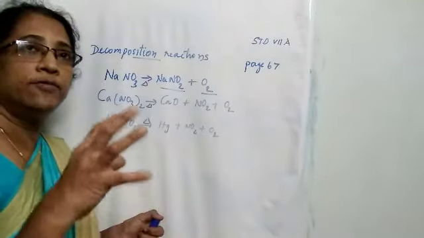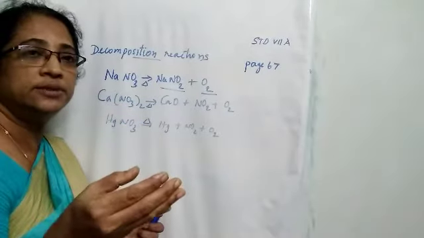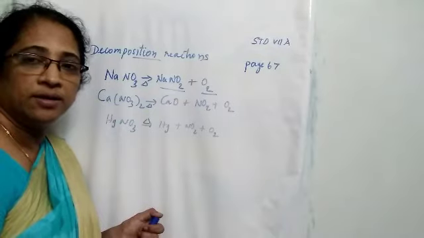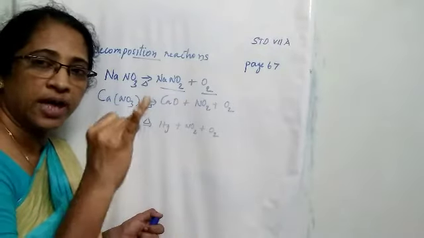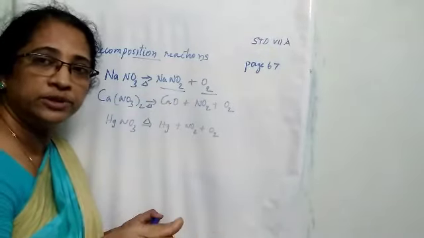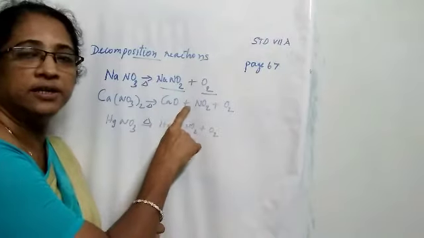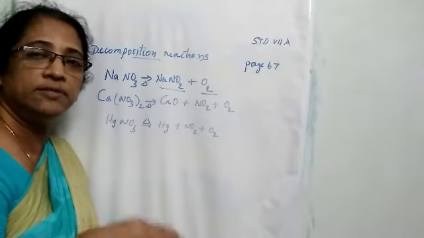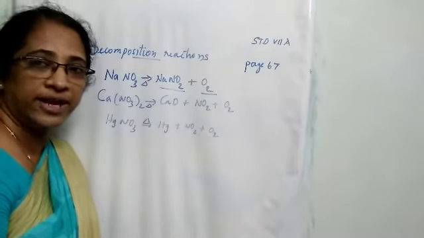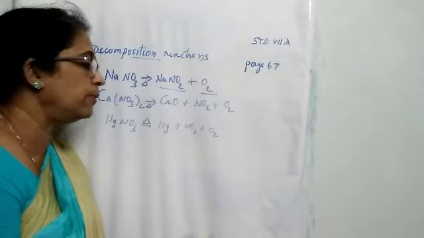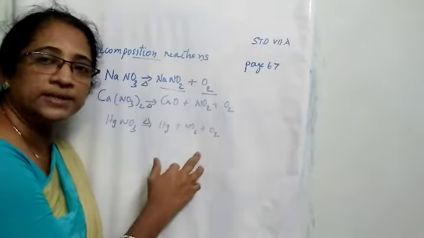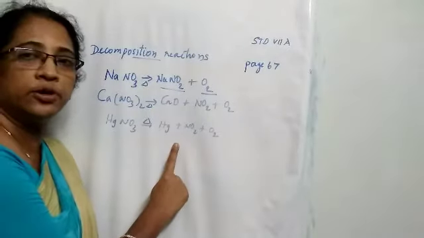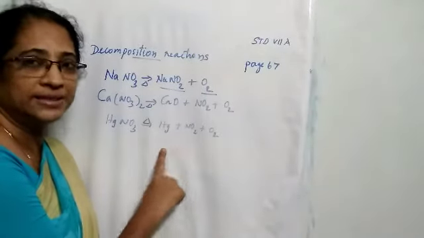So what is the effect of heat on the nitrates from calcium to copper in the activity series? All the nitrates from calcium to copper decompose to form the respective oxide, NO2 and O2. Then we know that the bottom two elements are silver and mercury. Their nitrates also decompose to form the respective metals plus NO2 and O2. Here we get oxides, but the bottom elements produce the respective metals.